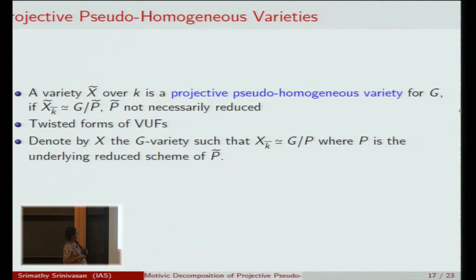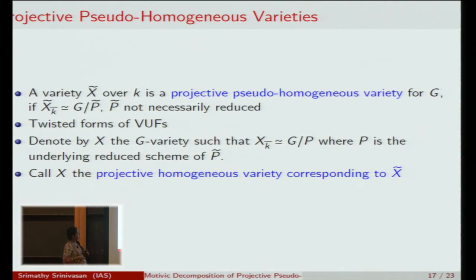Okay, so these are twisted forms of VUF, and what we can do is, corresponding to a projective pseudo-homogeneous variety, define a projective homogeneous variety this way. I take X tilde, which is G mod P tilde over the algebraic closure. I can take the underlying reduced scheme for P tilde, you get G mod P, and you look at the corresponding homogeneous variety over the base field, which is isomorphic to G mod P over the algebraic closure. So this way we get a projective homogeneous variety corresponding to a projective pseudo-homogeneous variety,